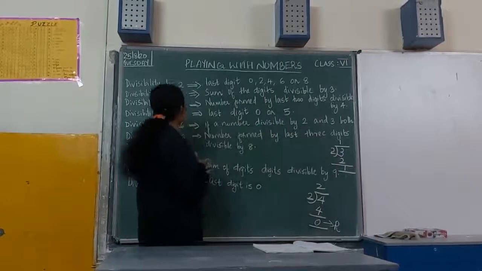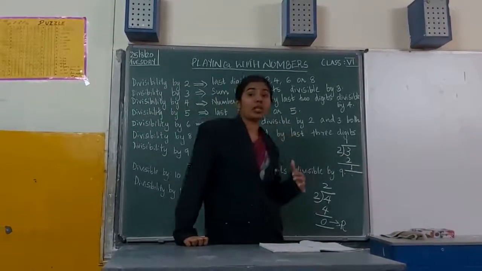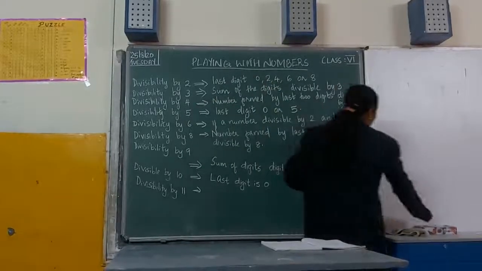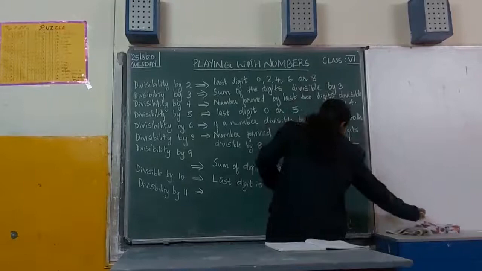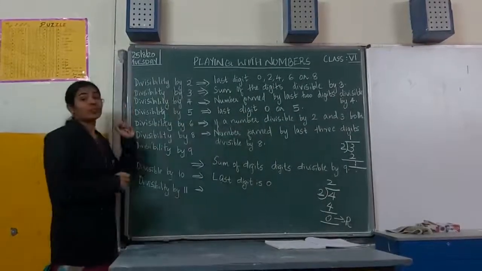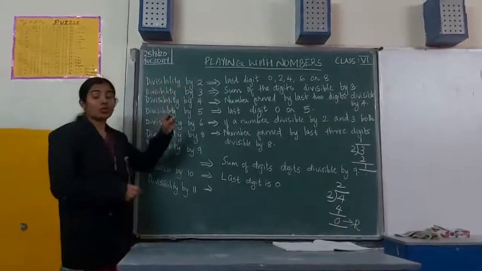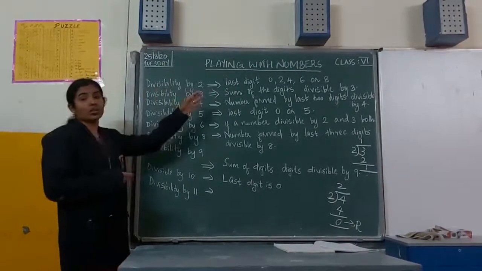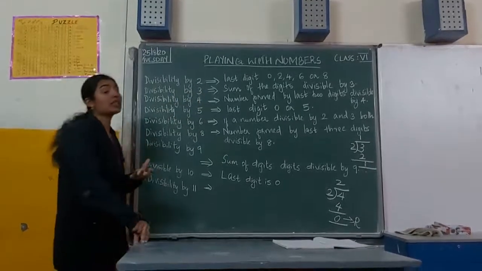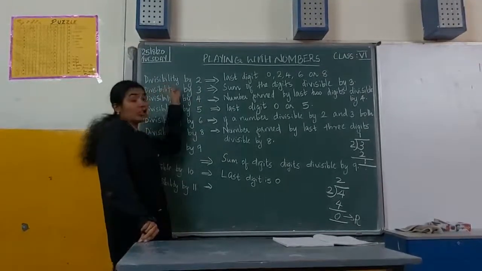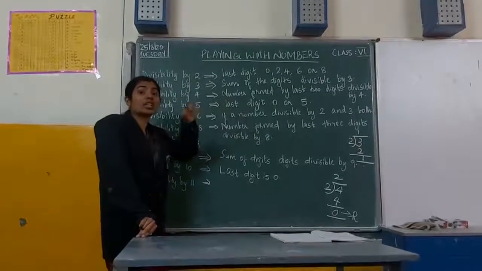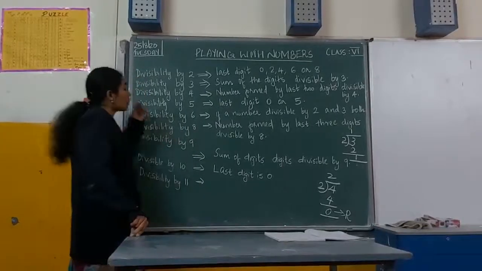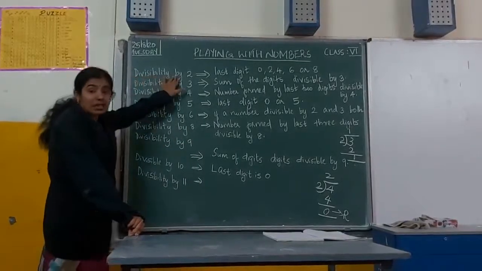Okay. So it is not easy to find divisibility of numbers. So there are some rules to find the divisibility. For that, first we see divisibility by 2. When you are given any number, how to check the divisibility by 2? What is divisibility by 2? When you are dividing that number by 2, you should get the remainder 0. Then we can say the number is divisible by 2. So there is one rule to check the divisibility.